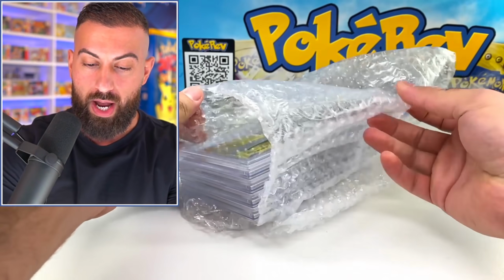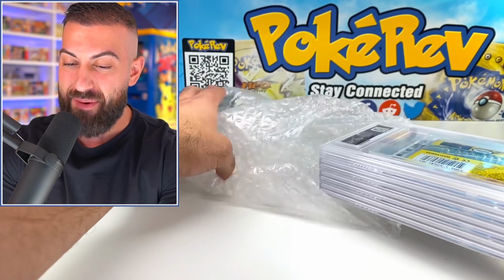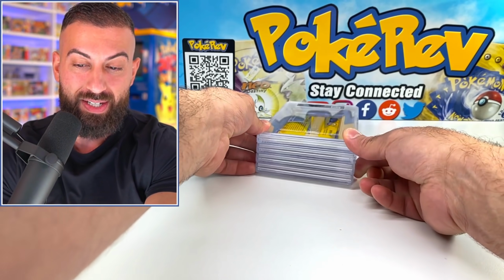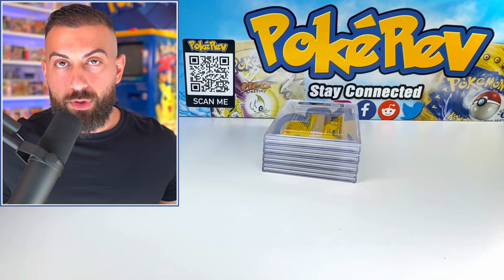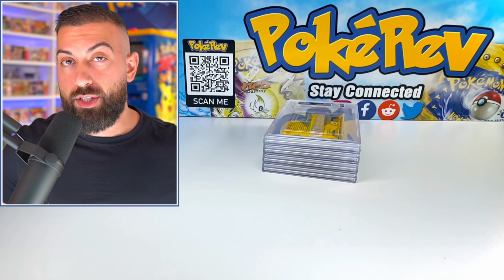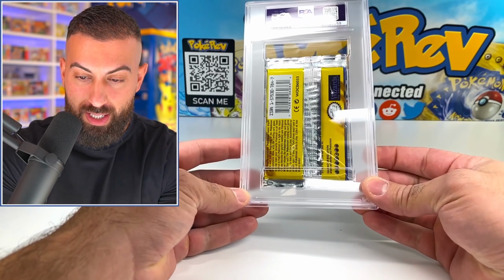Okay, so we got our bubble wrap here, and we do have our 4 packs, so let's see what happens. I'm very, very curious. I have no idea what's going to happen, but we're going to find out right now. Remember, the Charizard was a PSA 8 originally, the Venusaur was also a PSA 8, and the 2 Blastoise were also a PSA 9. So our first one in here...